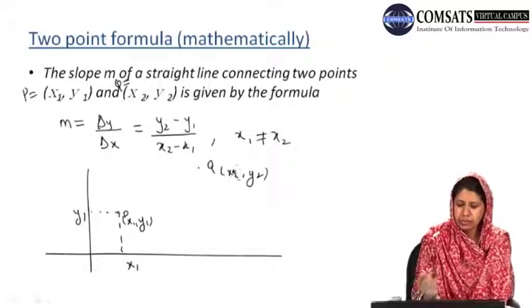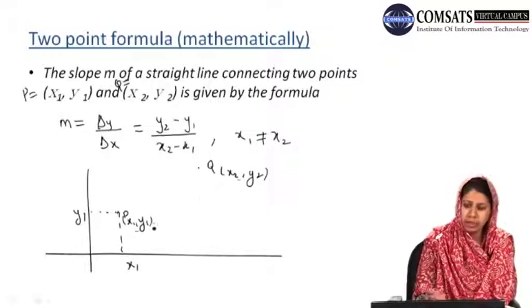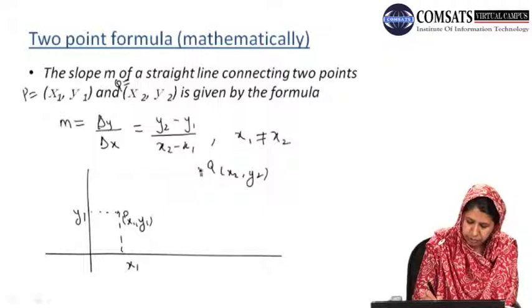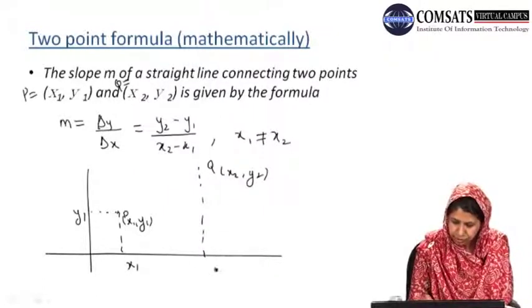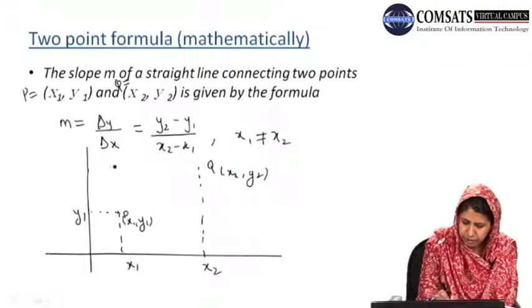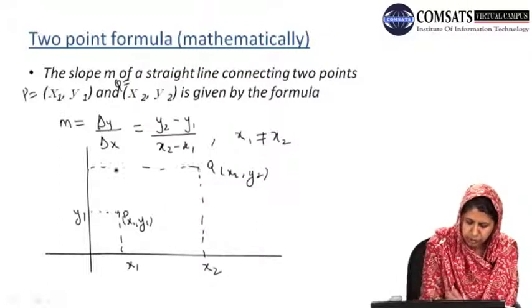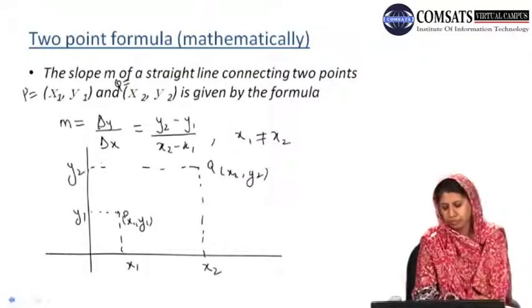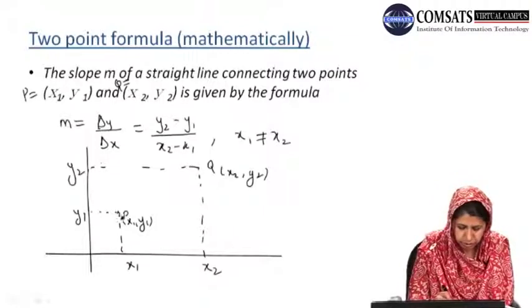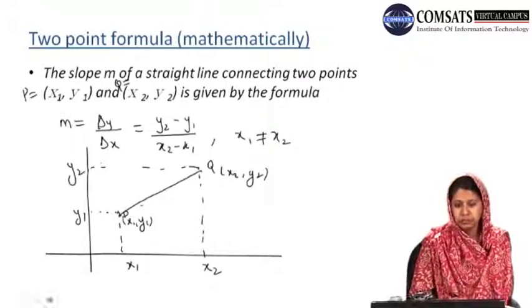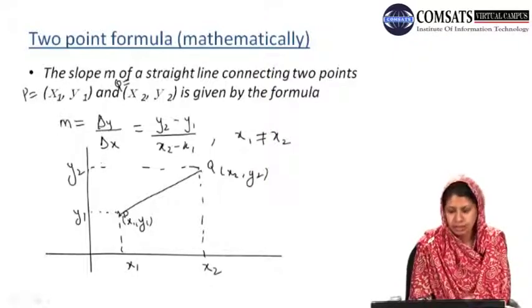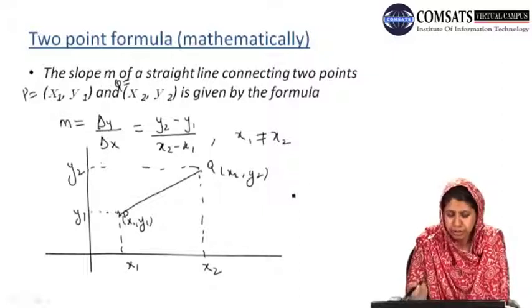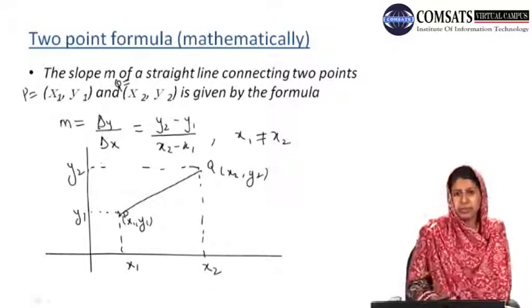For simplicity, we are assuming that both points P and Q lie in the first quadrant, just to get an idea of what we mean graphically by the slope of a line. So this is x2, extending it this way, and this is y2. Now we have a line joining the points P and Q. Okay, now what will be the slope of this line? Since the line is drawn from left to right, the slope should be positive, but this we will compute later in our examples.